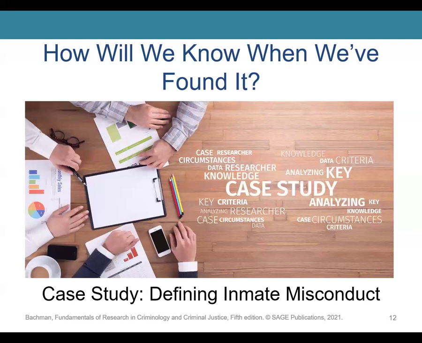You have a really good case study that goes through defining inmate misconduct. The case study looks at the safety of a prison or jail, and the levels of inmate offending behavior or inmate misconduct are the indicator of the safety of the prison or jail. This study was done by, I believe, Steiner and Wooldredge, and they had a survey. They collected survey data from inmates as well as official records for the same inmates.